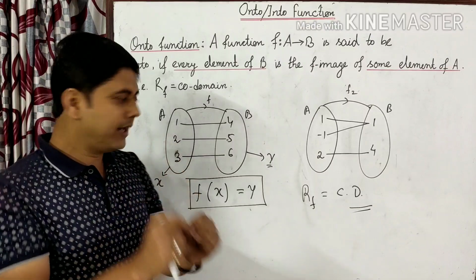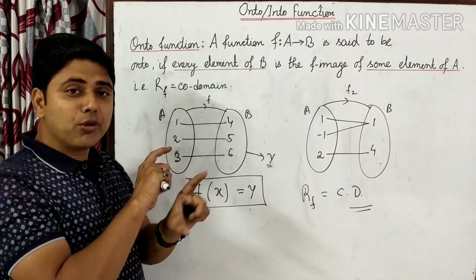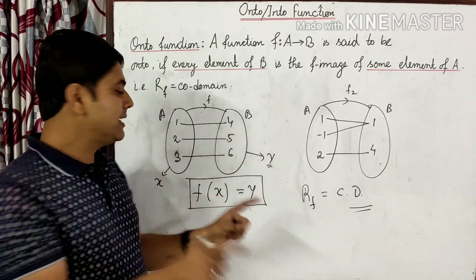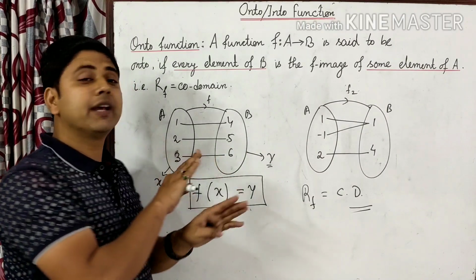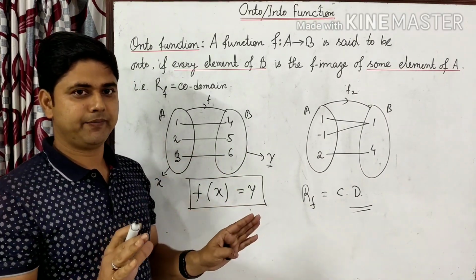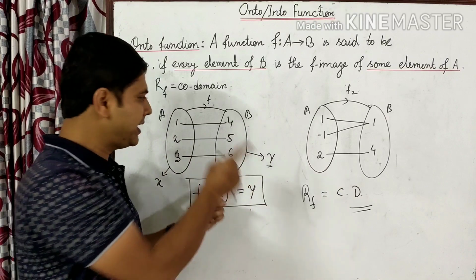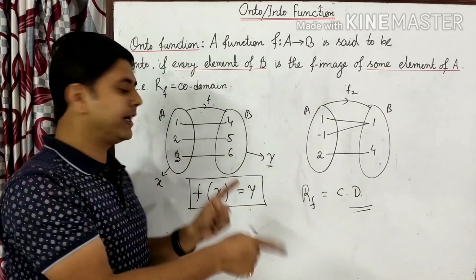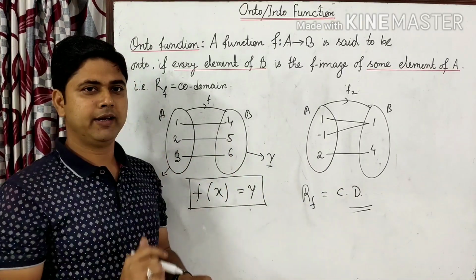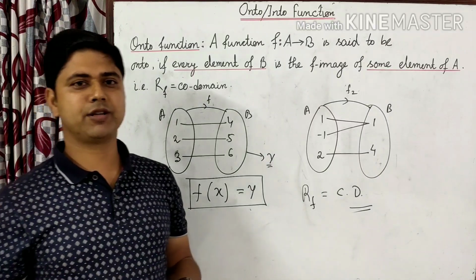That is the point here. There is no extra element in the codomain which is not related. That means there is no extra element in set B which is not related with the set of elements of A. That is the basic definition of